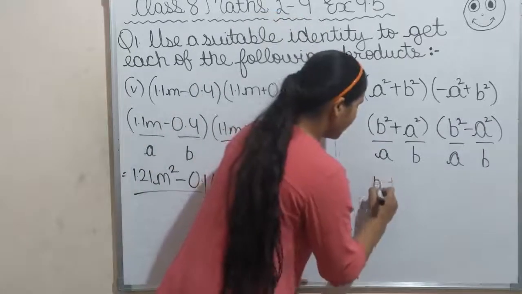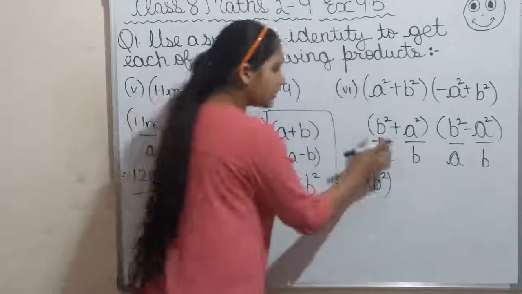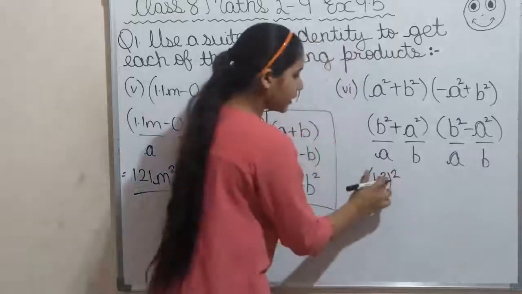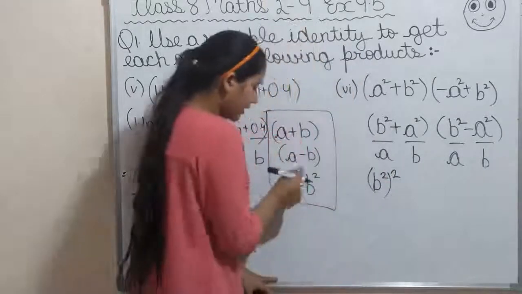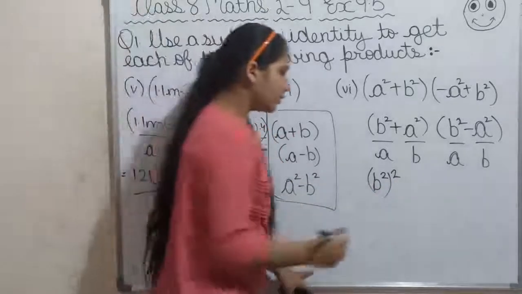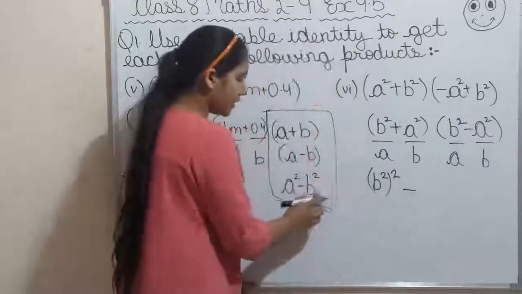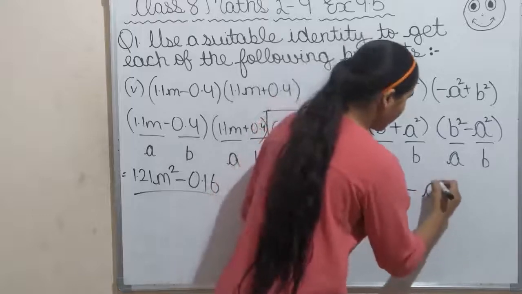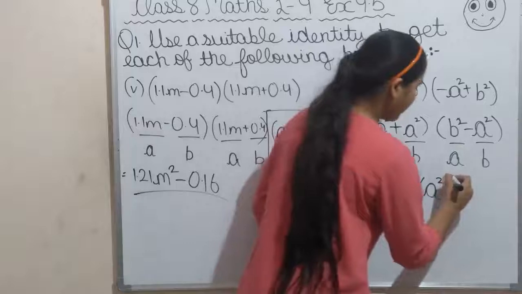So b square, but after this b square we have to put the square of this one also. So simply b square we have written, and again we multiply, which means we write the power 2. Then with the minus sign, b square, where b represents a, so again a square, but this also we have to square, so we'll write this.